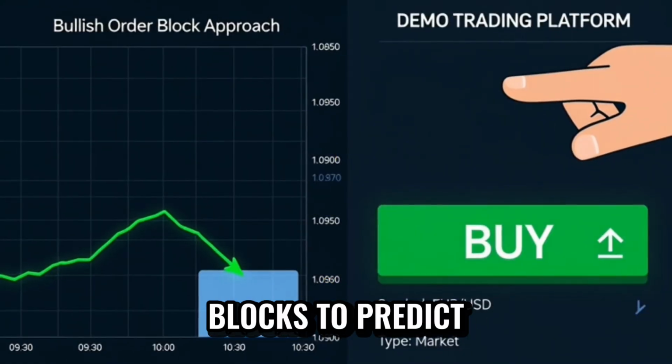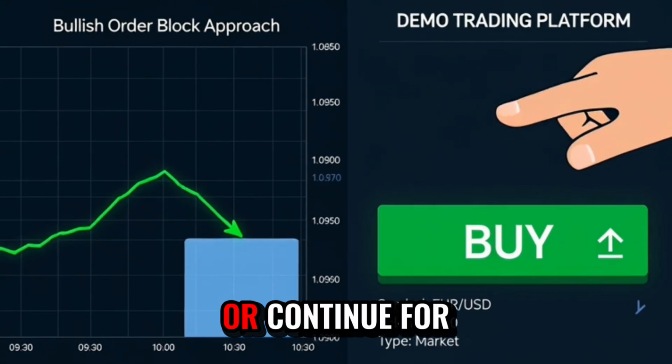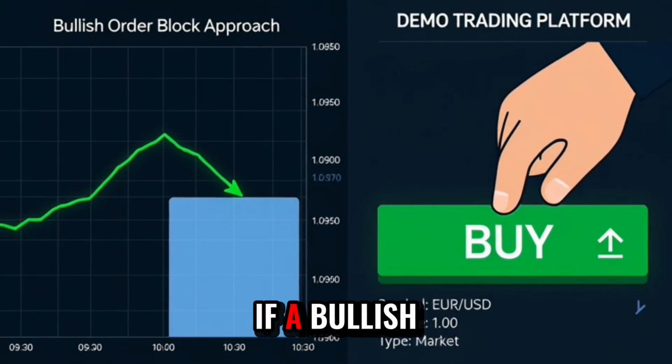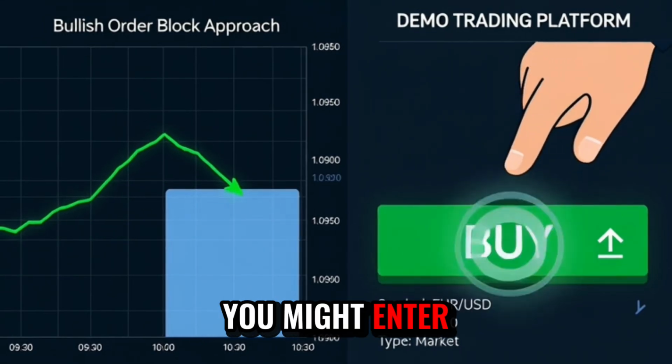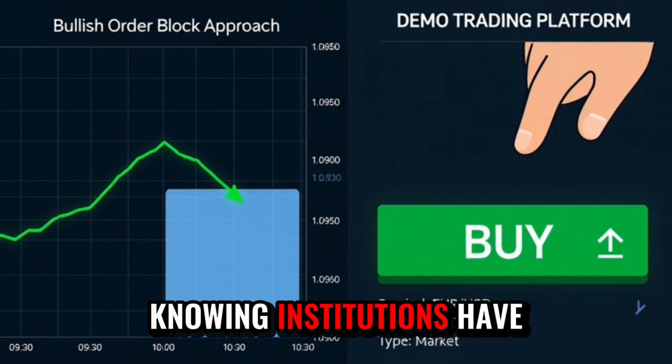Traders use order blocks to predict where price might reverse or continue. For instance, if a bullish order block holds, you might enter a long trade with confidence, knowing institutions have already